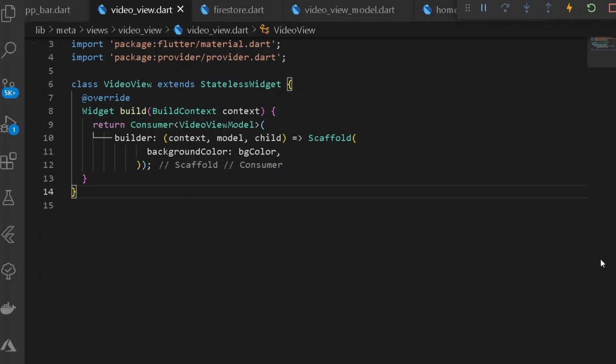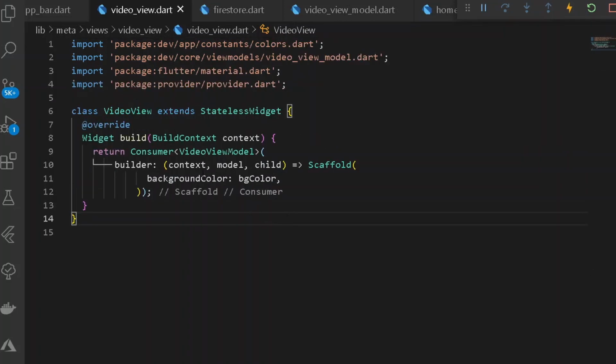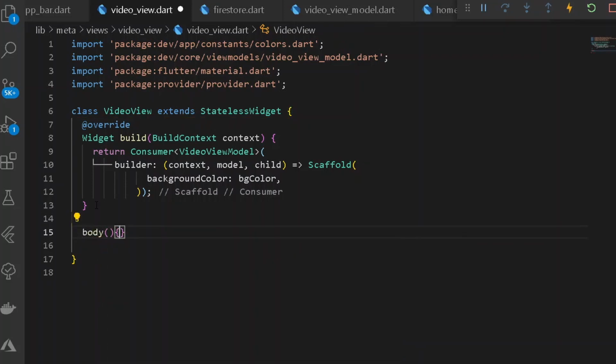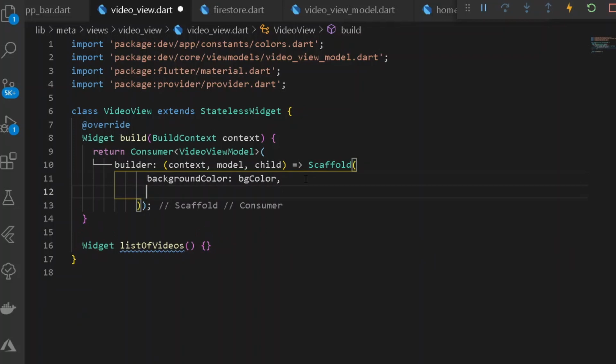Cool. So now let's move under our videos, and we shall be now good to go to retrieve all of our videos. So here under our videos we shall be simply getting a new body of our entire videos. So here let's have a new widget of body. Let's make the following thing to be of type widget, and here we shall be simply writing a list of videos to be our body. Under our entire list of videos we shall be simply returning our entire widgets.